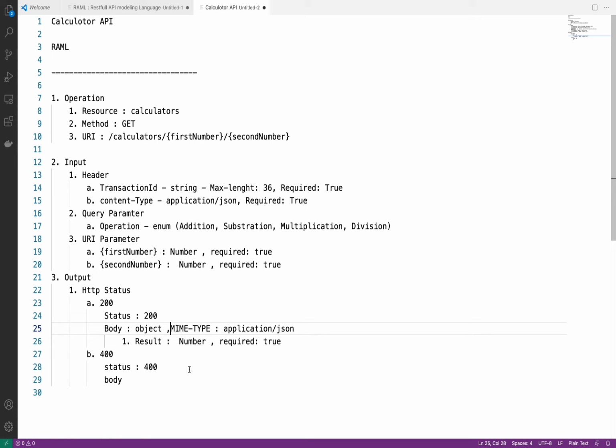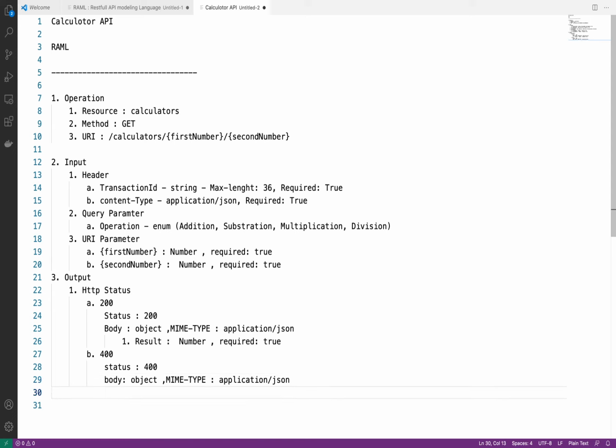MIME type is application JSON. Same way for 400 also, this will be the same: body will be object and MIME type will be application JSON, meaning the type of this body will be application JSON.